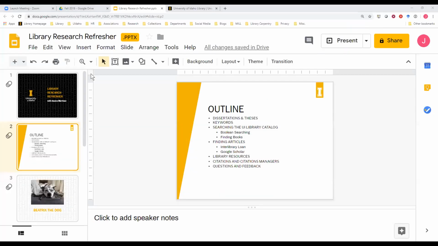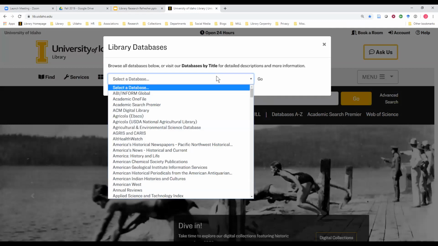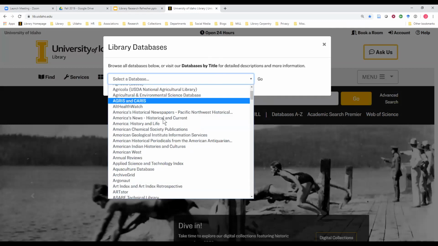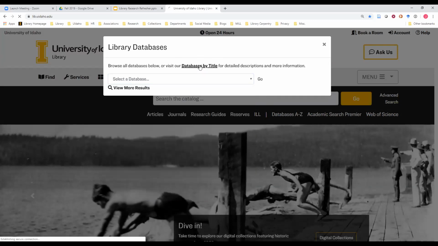Okay, we're going to start with ProQuest dissertations and theses. All right, so this is the library homepage, which you've all probably seen at least. We're going to cover searching the catalog and some of these other things towards the end. But probably one of the most important things is this databases A to Z dropdown. And when you click it, these are all of our subject databases, and there's this dropdown if you know what you're looking for. But there's also this databases by title,